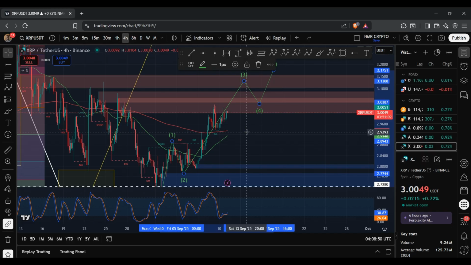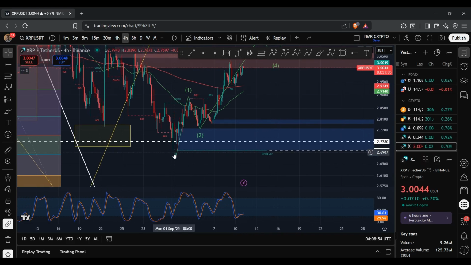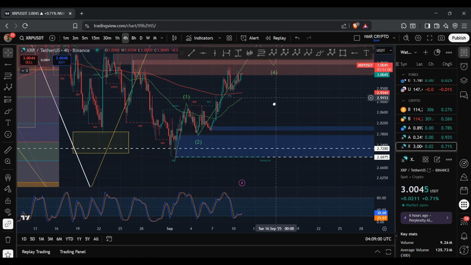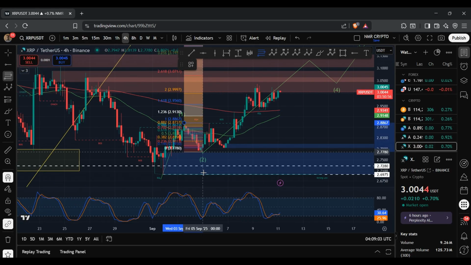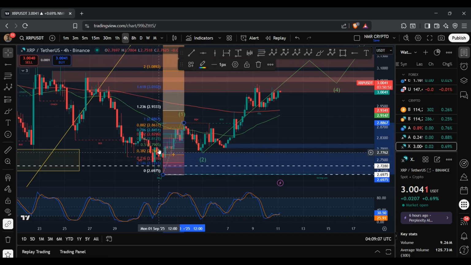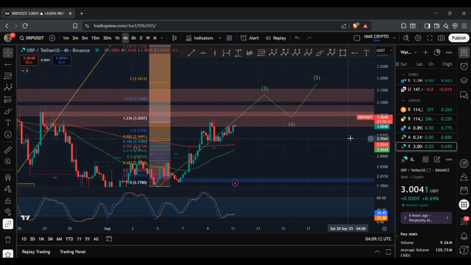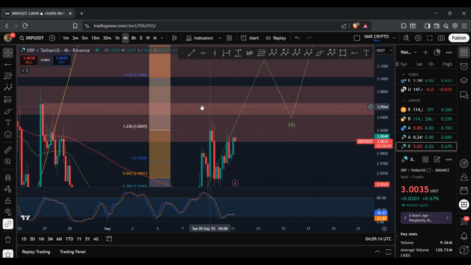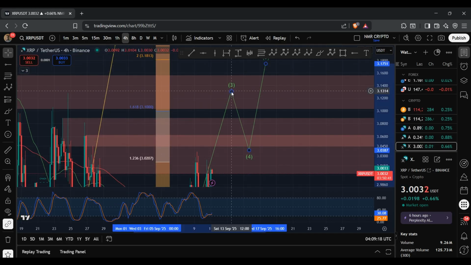That will then trigger a 5-wave structure, which would mean that we are on an uptrend. And it's highly likely that we'll have bottomed out at this level and we get to see that final push to the upside. So if I bring in the fib tool and bring this to $2.778, you can see that the 1.6 level sits at $3.10. So this is the next key target for XRP,